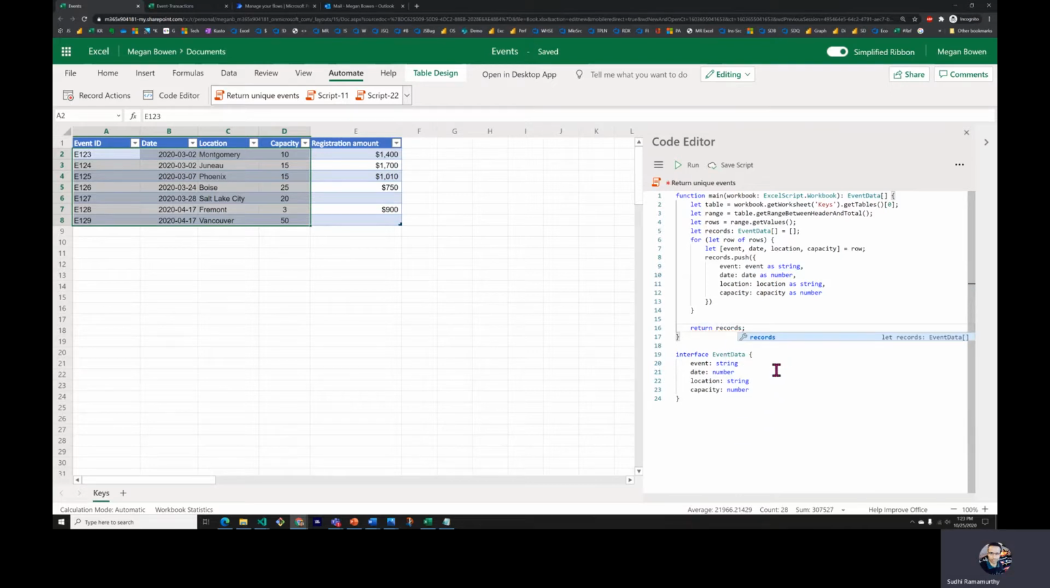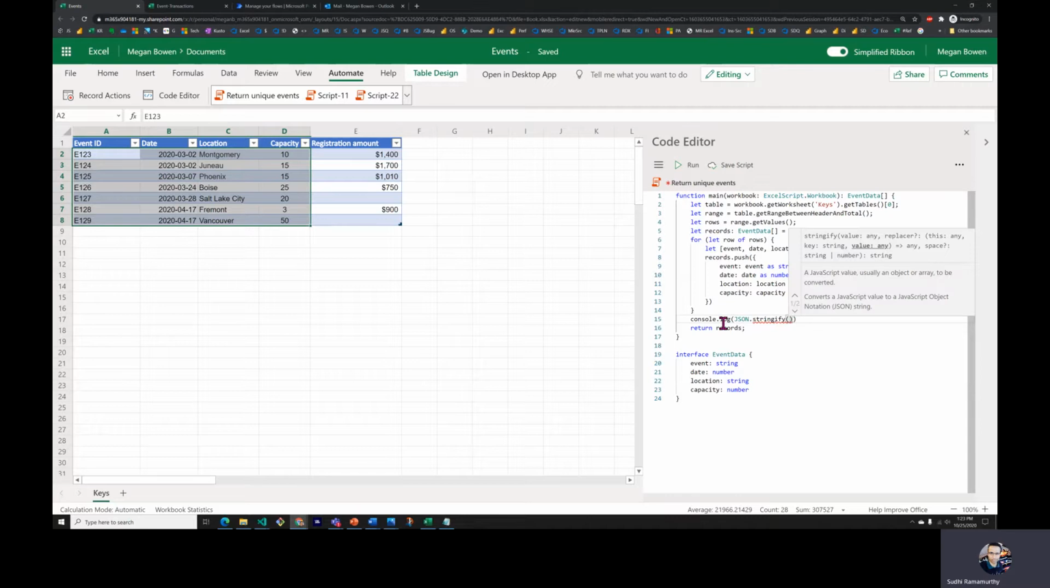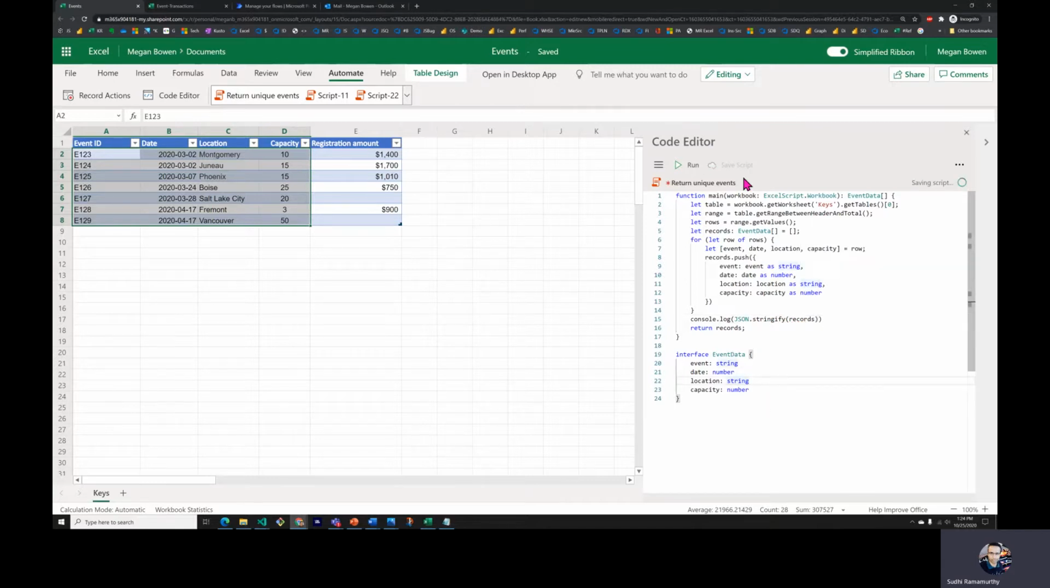So I'm going to return the records. And for the purpose of testing, at the very end, I'm going to just console log to make sure that it's doing what it's supposed to do. So I'm going to use JSON stringify. This is a built-in method that allows me to see the actual records in the form of a string. So I'm going to save this